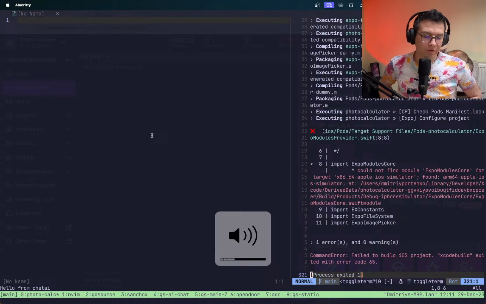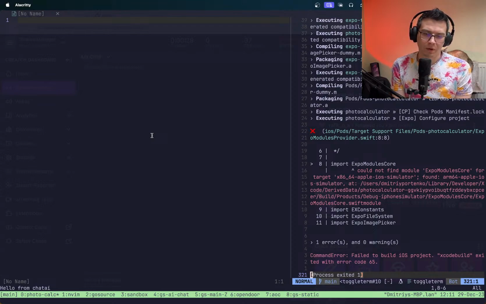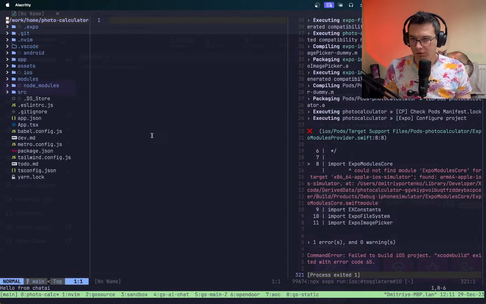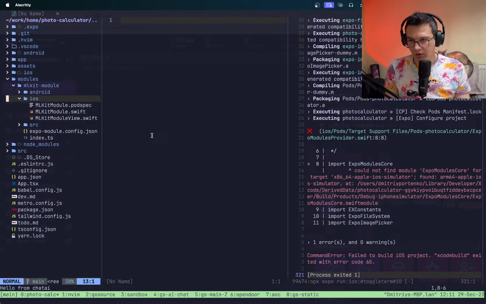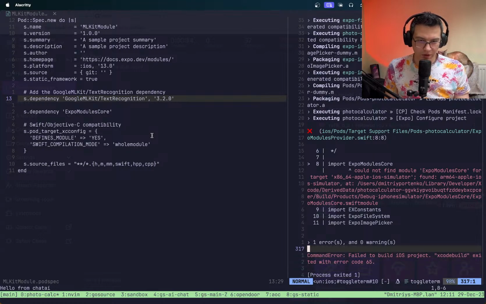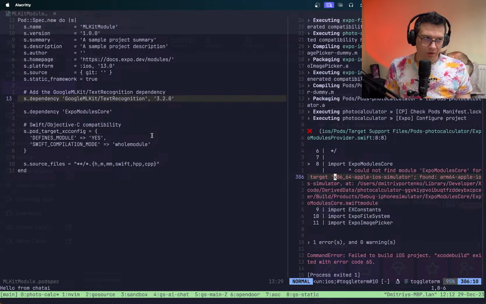So, previously on the last stream, we created an Expo native module and tried to add, yeah, this module is iOS and the box specs. Try to add MLKit, but when we tried to run the app we had this error, and actually I found out that the issue is MLKit doesn't support the M1 simulator architecture, so it's kind of